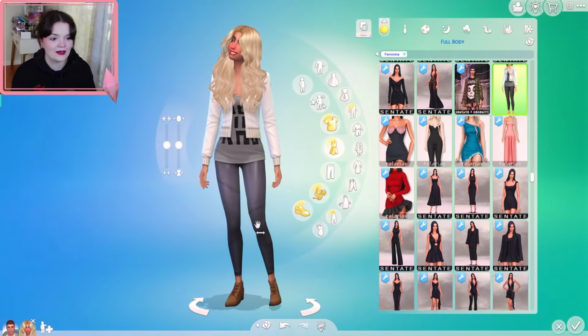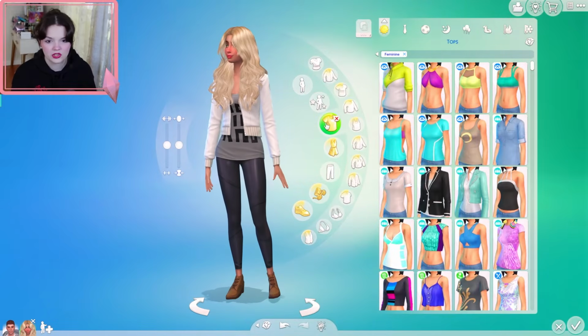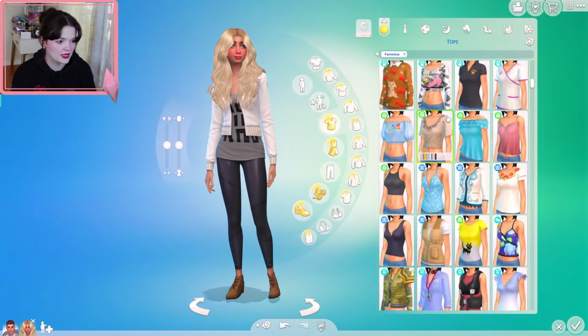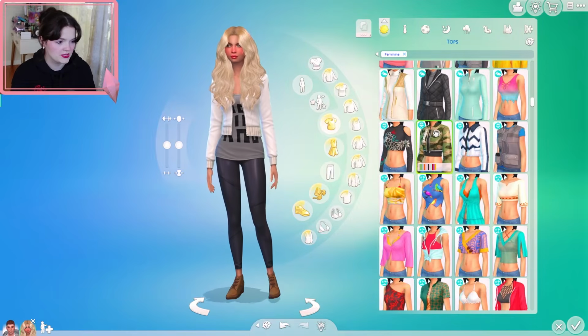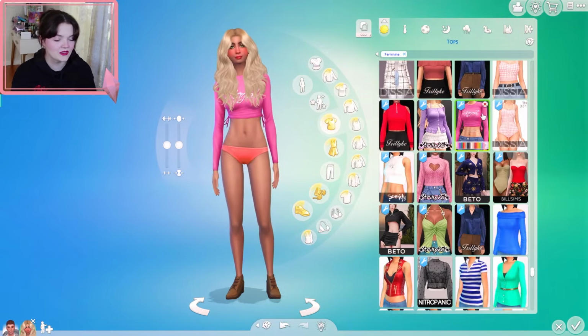Okay, let's give her some outfits. She wants to be a rancher and she's active. Maybe one of those little plaid tops, one of the little ranchery tops and some short shorts, maybe. I downloaded a lot of this Trillique